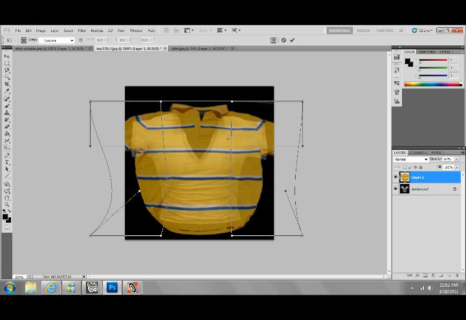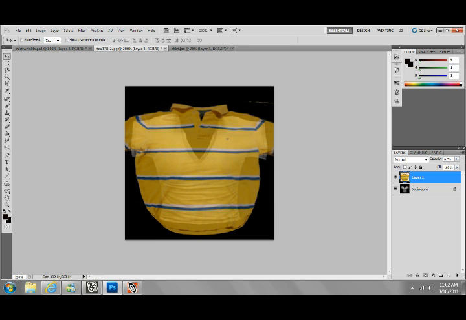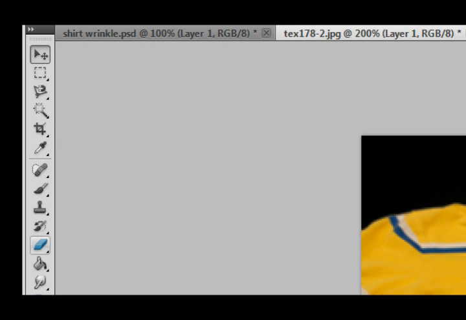So I'm careful while dragging because as much as possible I want the lines of the shirt to be straight. On this part, it's going to be invisible anyway, so it's okay. Well, I could have adjusted this properly, but what if I'm just too lazy to adjust it? So what I'm gonna do is boost the opacity. But if I want to make color adjustments over here, I click on the color picker tool, click on the color,